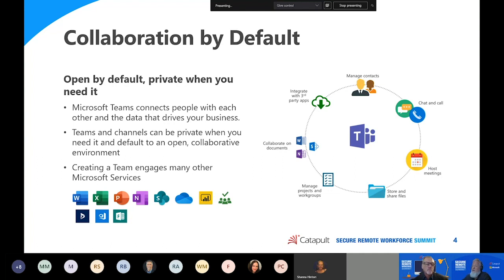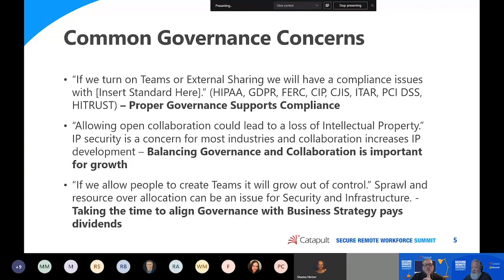And so with Microsoft Teams, it's connecting everybody, it's bringing all this data together, and it's open by default, right? And so a lot of the default settings in your tenant or around your particular workload options in your tenant, the default choice that comes when you first fire it up is around openness and collaboration. And there are reasons for that, and that's a good thing, and it can cause some concerns.